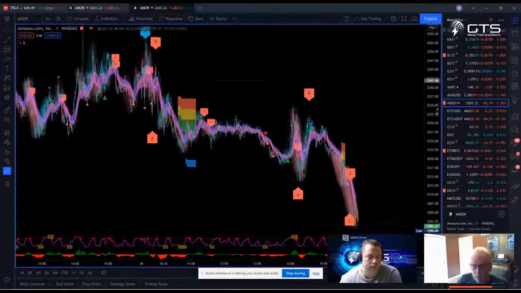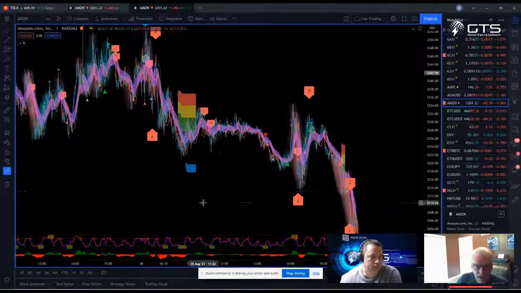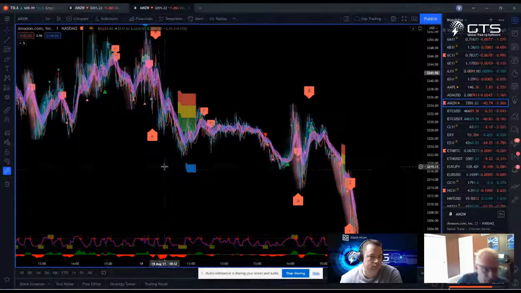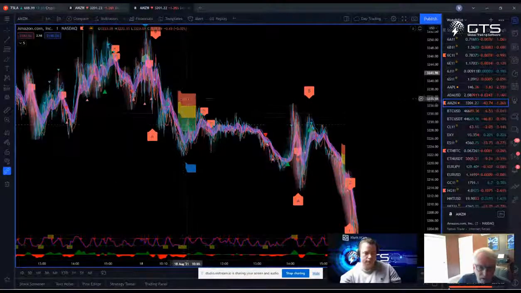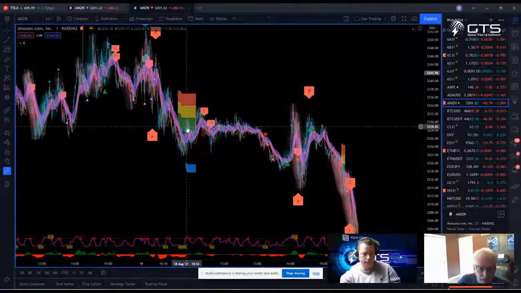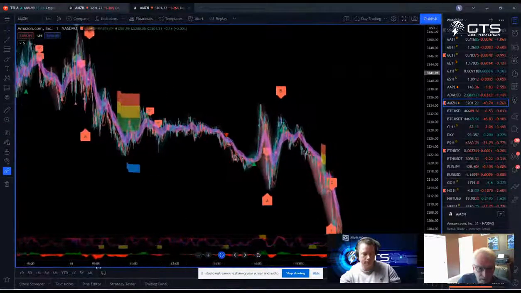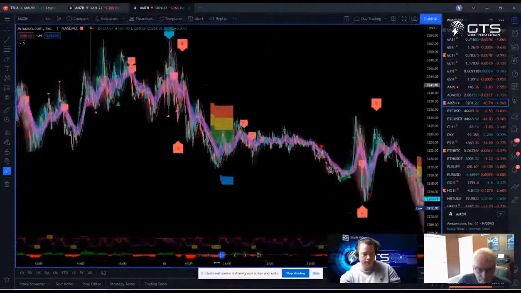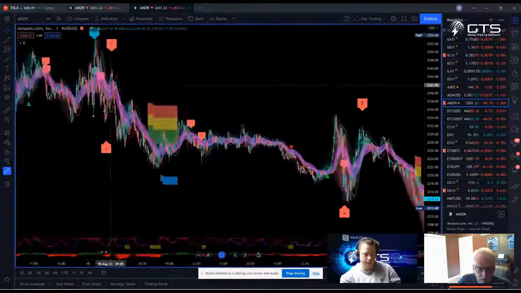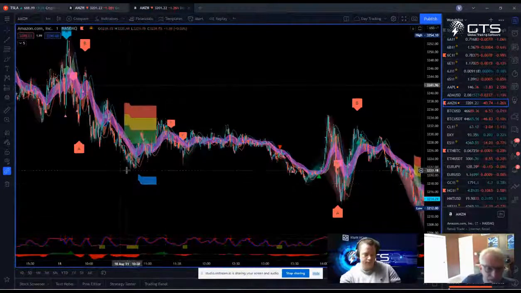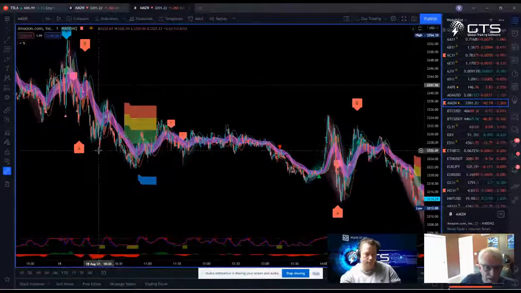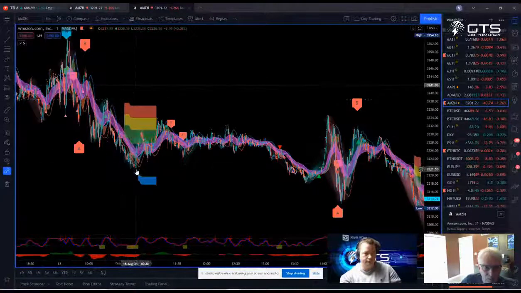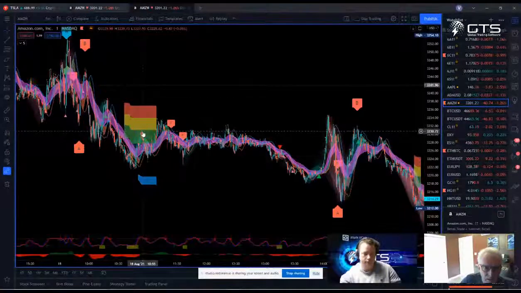Now in TradingView, I was talking to Damien about this yesterday. You know that there was a wave 3 created because you wouldn't get this red, yellow, green zone in here for a wave 4 pullback. But in TradingView, it does take out those wave counts. So you'll have to just trust me that this down at the bottom was the wave 3. So we had a wave 1 here, the wave 2 was up here, we have the wave 3 down here, and then we did hit a wave 4 at this point in time here.